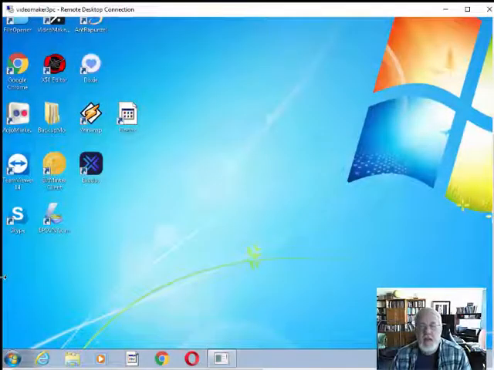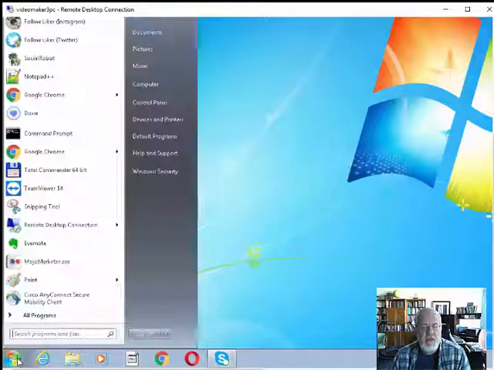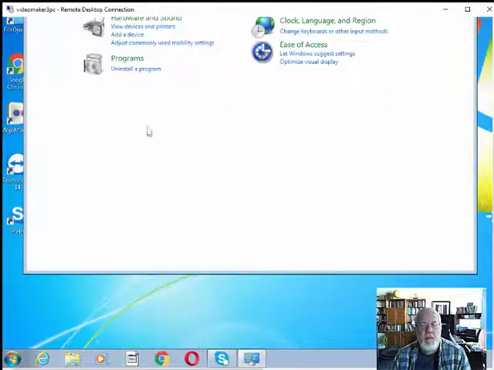So the first thing you need to do is make a new user account on that computer. The Exodus wallet is per user. There are a couple of different ways you can create users on a PC. Let's try this one. If you go to Control Panel here,